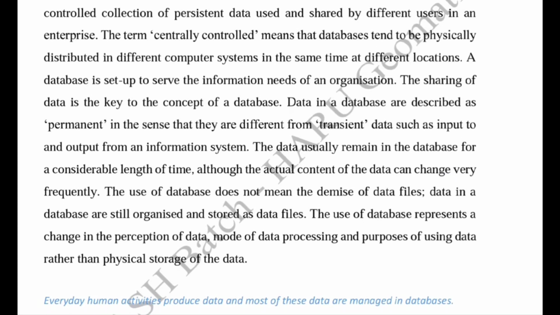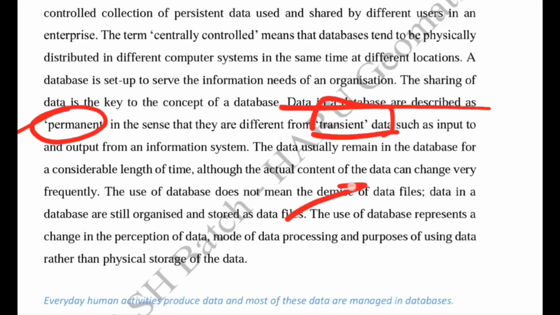Data in the database are described as permanent. It is important that the available data or stored data in the database are termed permanent as compared to transient data, because in transient data we give an input to the system and it gives the output.